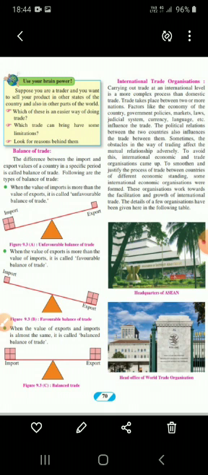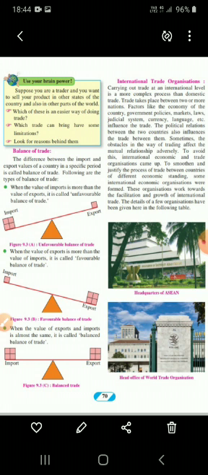Now next you can see when the value of export is more than the value of imports, it is called favorable balance of trade. So here export is more. Understood? So here favorable balance of trade is there. So here we are exporting more, we are earning more money. Understood? When we are selling more things, we get more money. So here we are exporting more goods because we have excess production, excess goods or services. So that condition is favorable balance of trade.